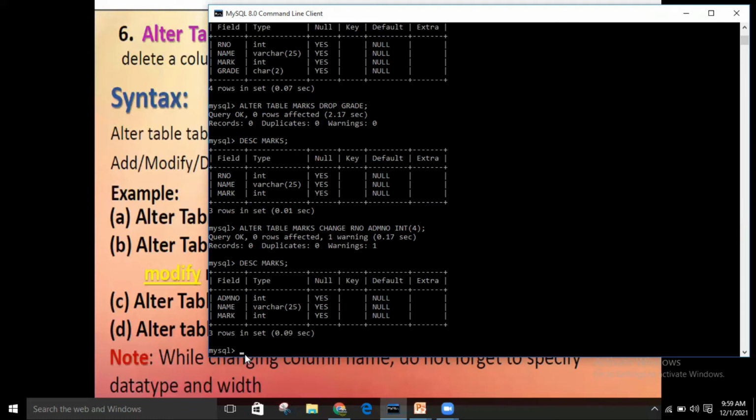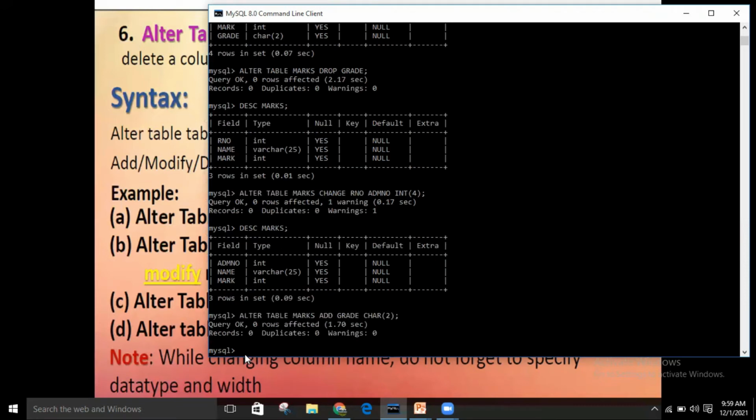Now let us see. I want to update. I want to see again. I am adding a column here, alter table marks, and I want to add grade. Let's say char, and the size is 2.